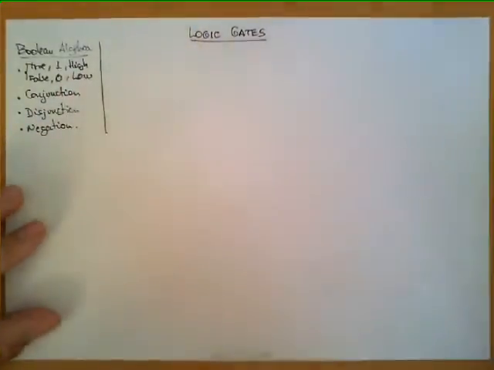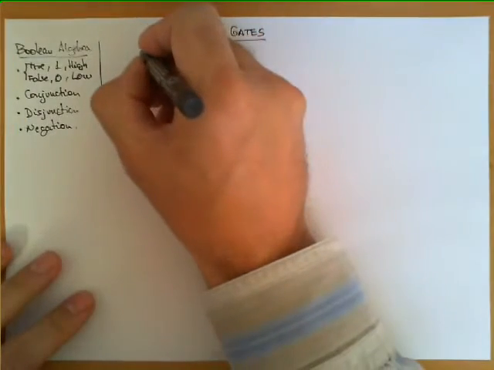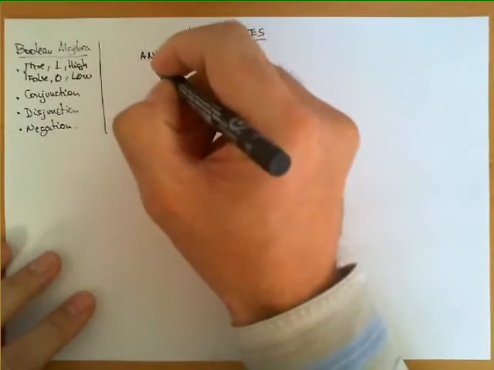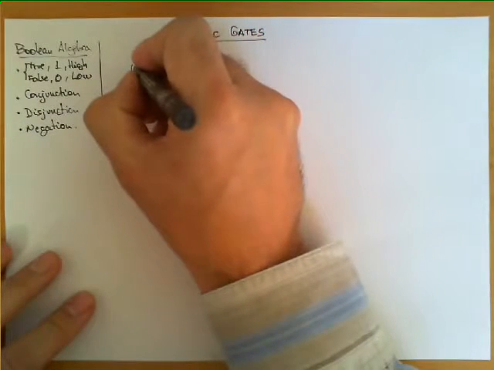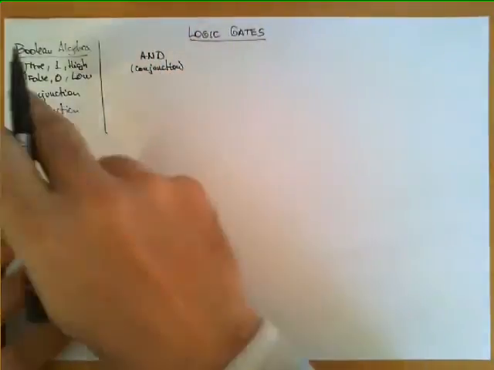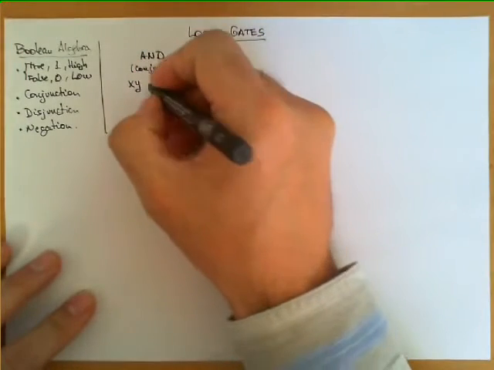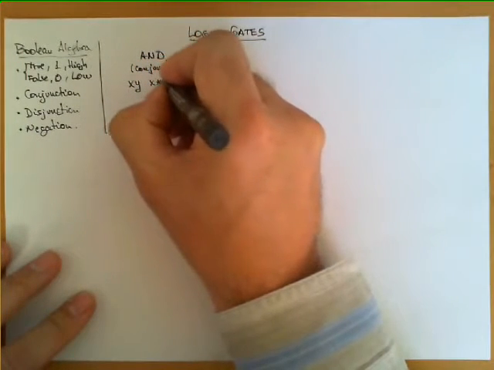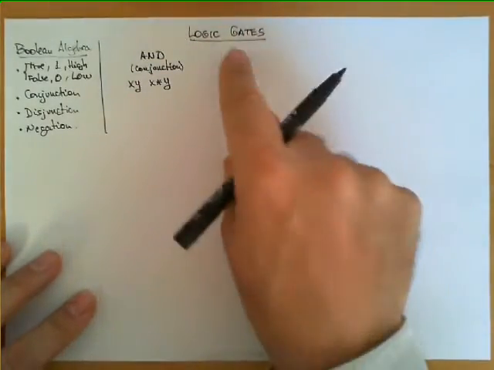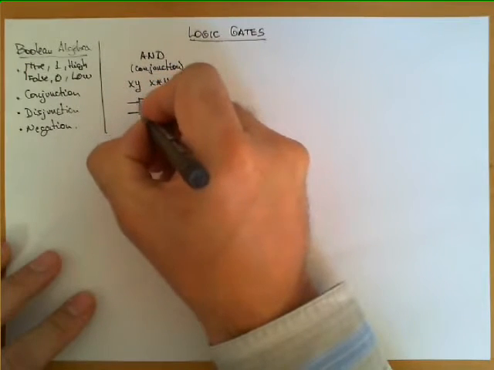So, the logic gates that we're going to study here first correspond with these basic operations in Boolean algebra, and then we're going to derive some additional gates. The first one we introduce is the AND gate. The AND gate is the one that corresponds with the conjunction. So we can express the operation that is implemented by just saying xy, or x times y. The symbol for this logic gate is the following: two inputs, x and y, this symbol,